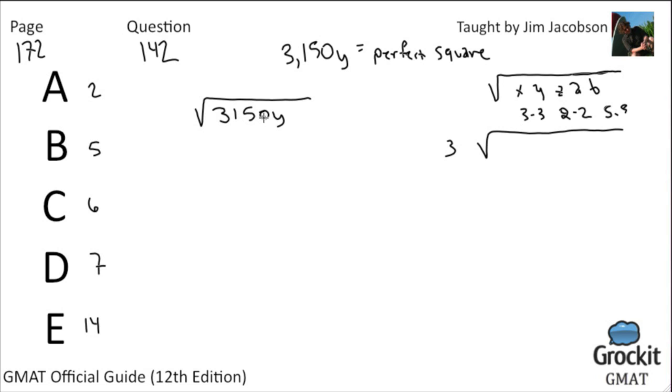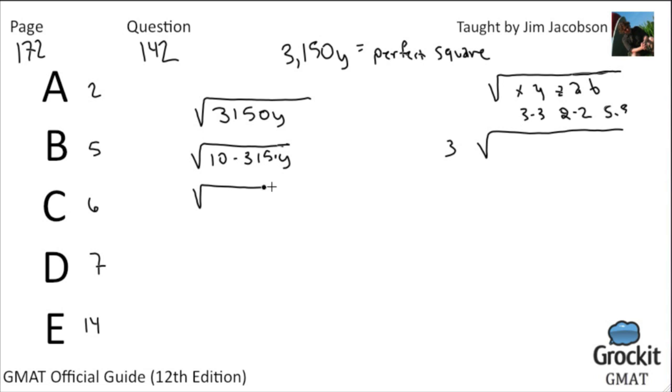The first one to notice is that this is 10 times 315. So this is the same thing as 10 times 315 times y. The y kind of doesn't matter for the next little bit,